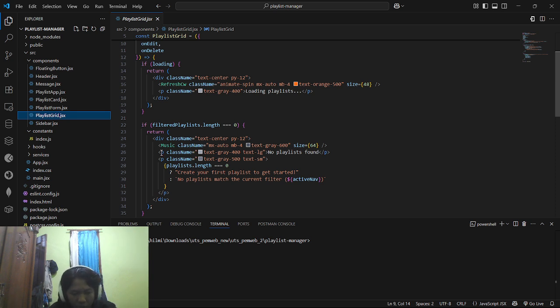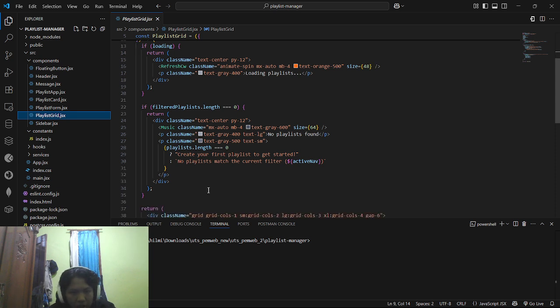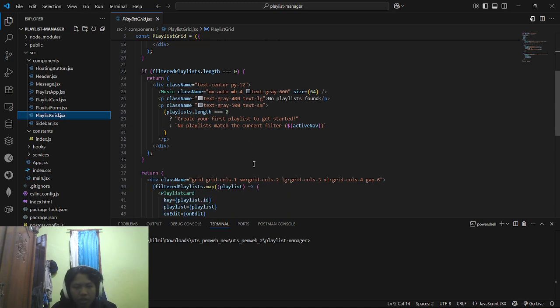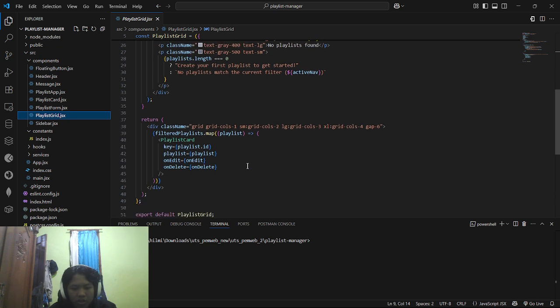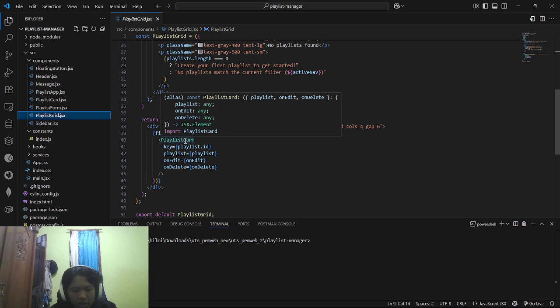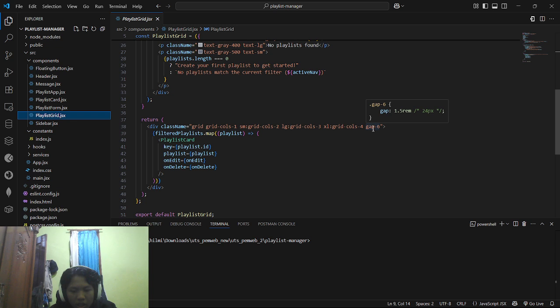And then this is the function. If there are no playlists after filtering, it will display a different message, this message. There are no playlists at all, or no result after filtering. So next, this function, if the filtered playlist exists, display it in a responsive grid layout.